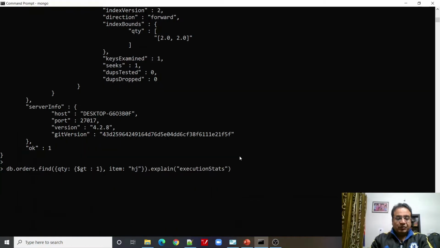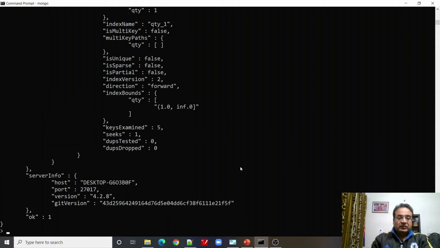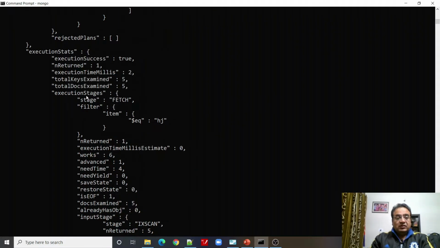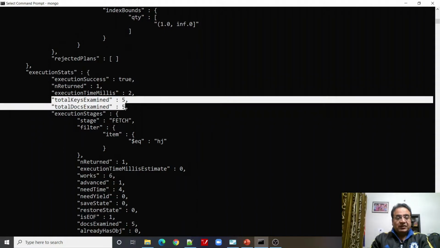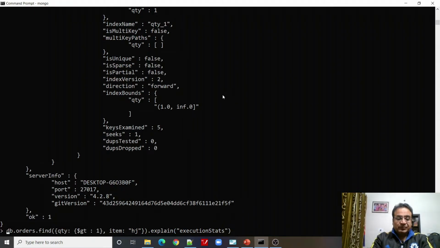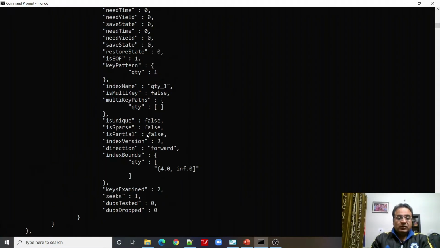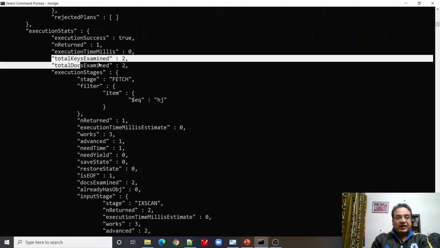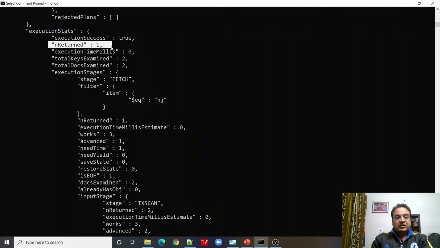Let us run the second query this time. Greater than 1, HJ, explain executionStats. This time the number of documents scanned is 5, and the number returned is only 1. If I change this query a little bit, greater than 4, then you can see that the number of documents scanned versus returned gives a little higher selectivity this time.